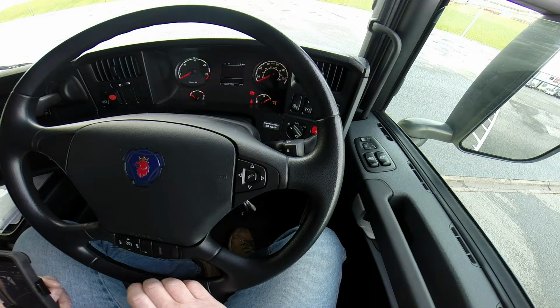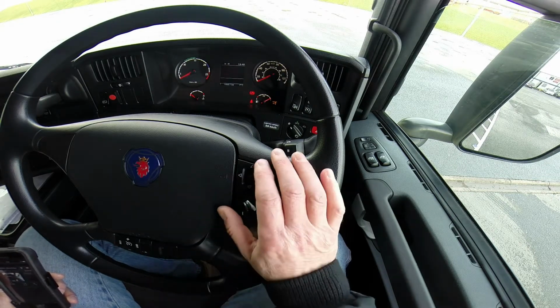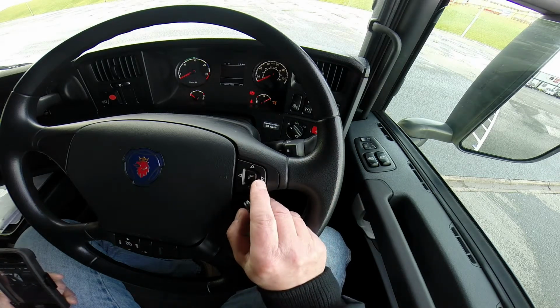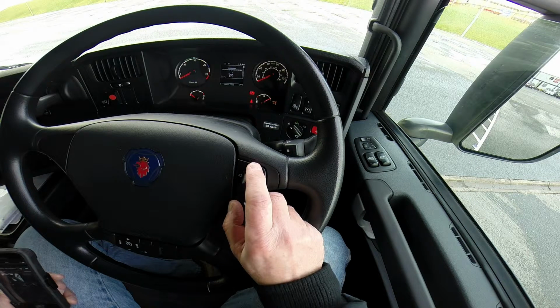Okay, we're just going to talk a little bit about the Scania information system here and how to use it. It's controlled by this multifunction switch here. If you press the up button, you'll see it brings in the main screen a series of options for you. If you press up again, it gives you your cruise control, what it's set at,